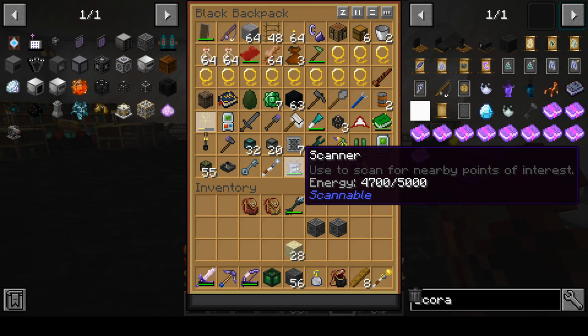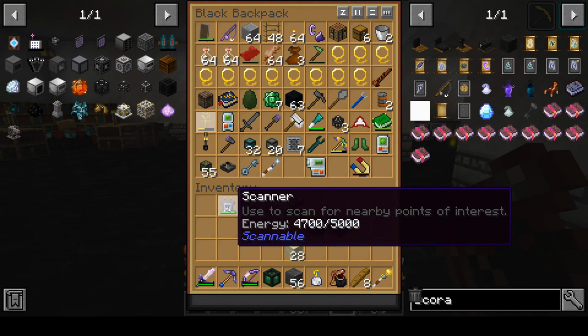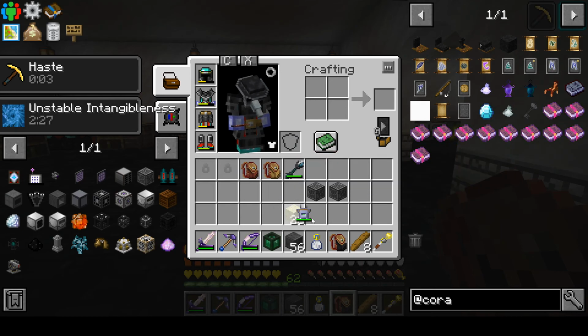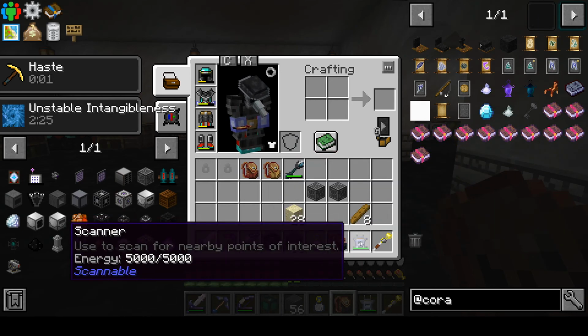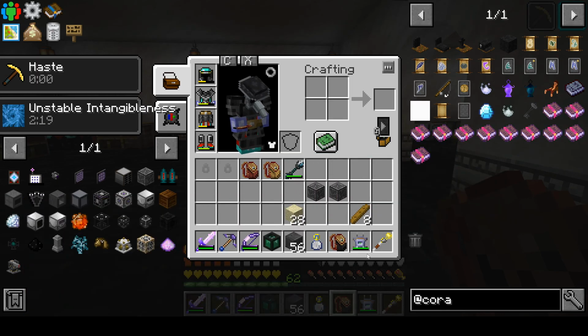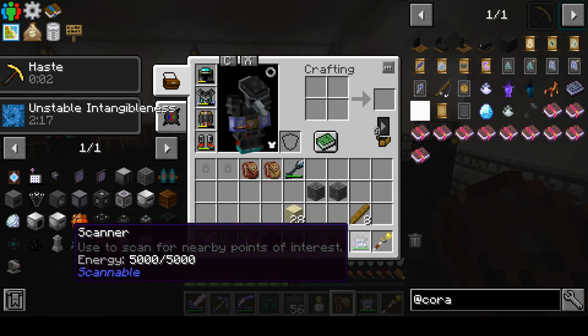So my scanner is at 4,700 out of 5,000 because I haven't had it out of my backpack since I put on wireless charging. But if we take that out and put it here and then exit, it should, oh, not main inventory. We got to put it on the bar. Boom, and it just immediately. As soon as I put it in my hand, or one of the places that are done, it just automatically gets